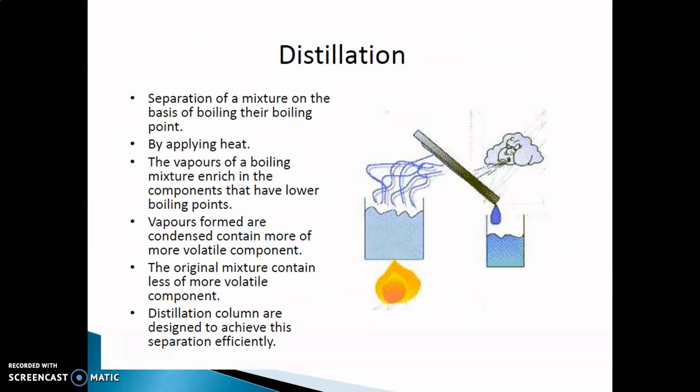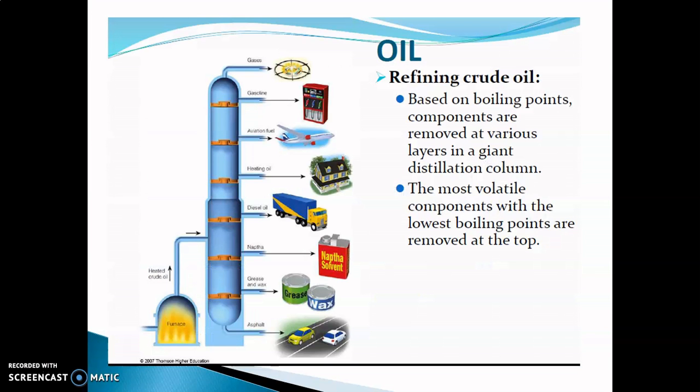A very simple process that all of us are aware of: separating a mixture on the basis of boiling points. And how do you separate it? By applying heat. As you heat it, each fraction will be segregated at a particular boiling point. The vapors of a given boiling point will separate at a particular temperature, and therefore you can segregate them. Very simple and well known. This is done using a distillation column. See, this is what it is.